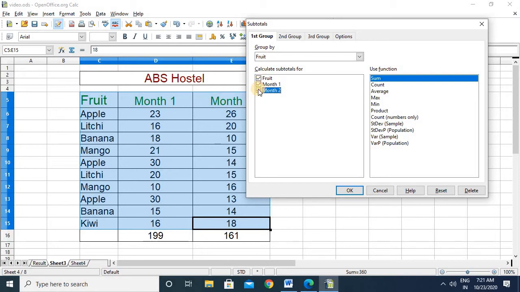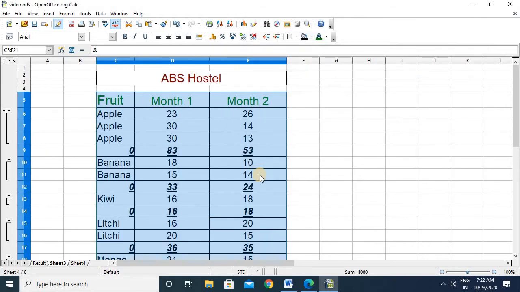Now see what happens. We want to see the sum. Here is the function you can select. So we'll see the sum of month 1 apple, month 2 apple. I'll just click OK. See, in month 1 you purchased 83 kg apples, 53 kg apples in month 2.